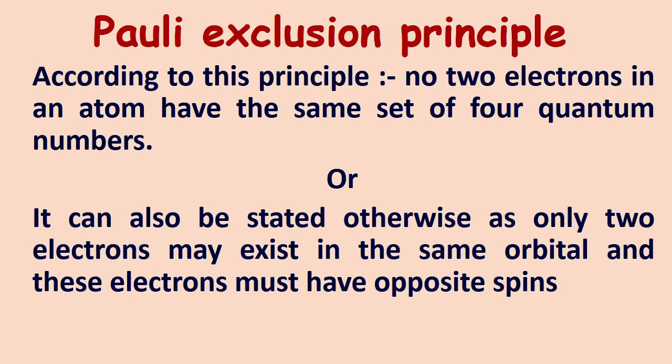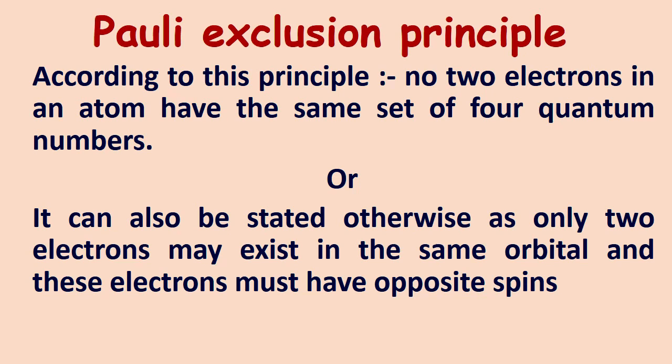Pauli's exclusion principle. According to this principle, no two electrons in an atom have the same set of four quantum numbers. Or it can also be stated as: only two electrons may exist in the same orbital, and these electrons must have opposite spin. It means one electron rotates in a clockwise direction and the other shows